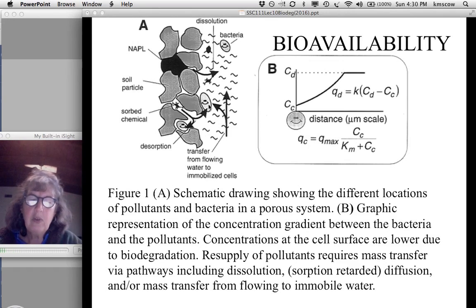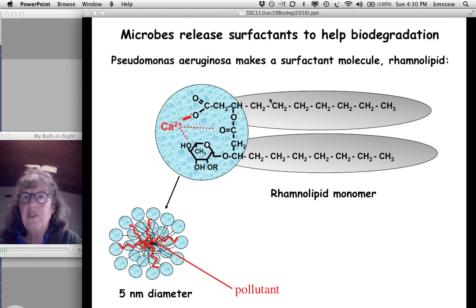And some microbes have surfactants. This is cool. They actually release surfactants. Rhamnolipid is one example that Pseudomonas aeruginosa produces that can actually be released extracellularly,